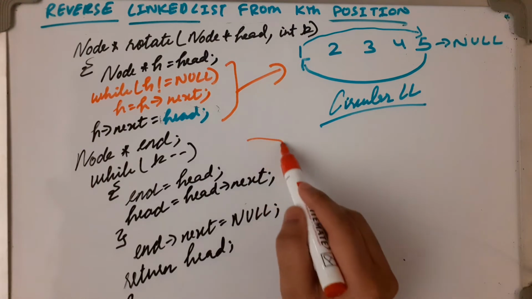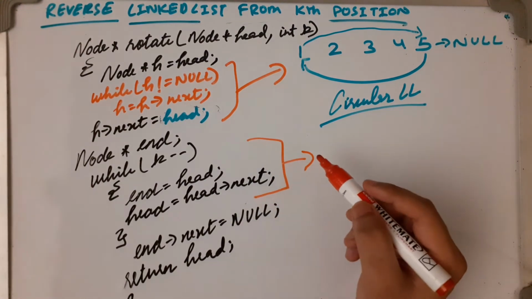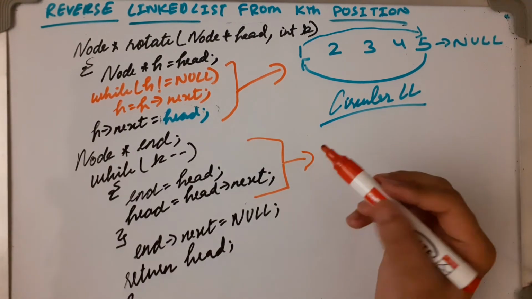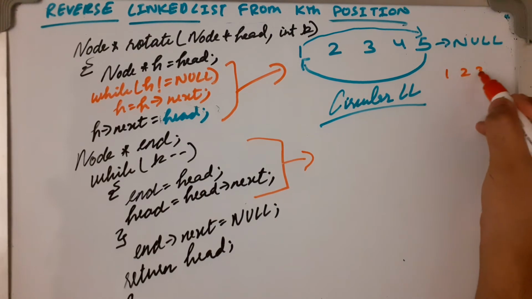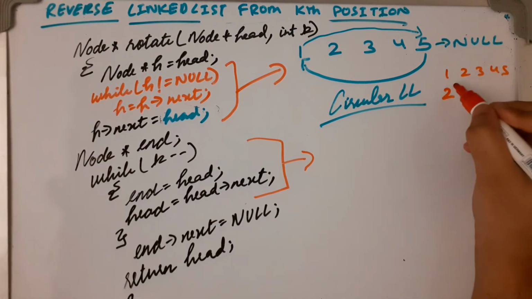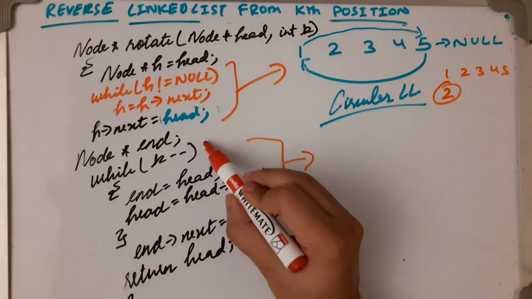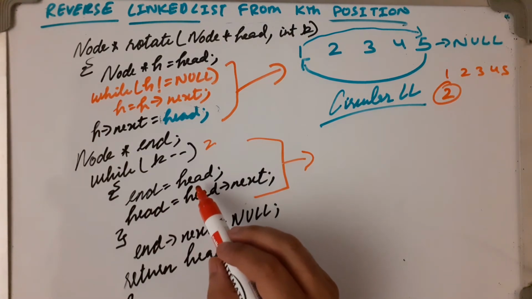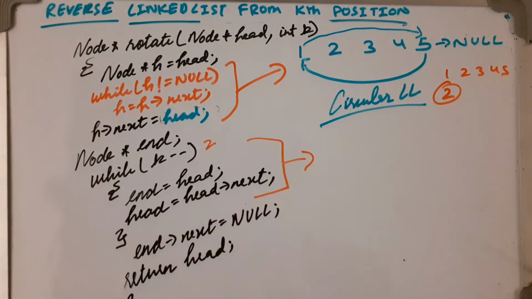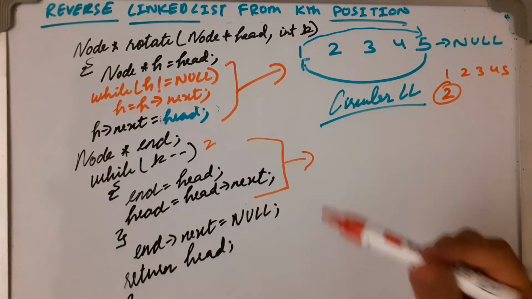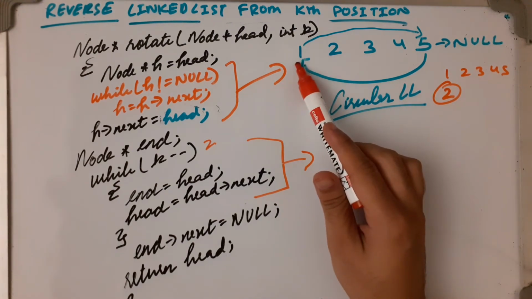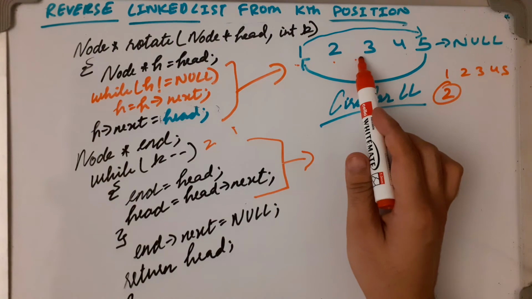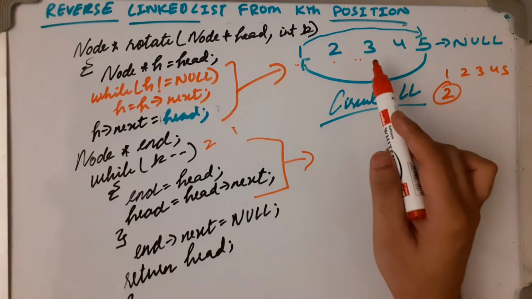Now you are getting till here, this part is explained here. Now let me show you what it is doing. It is traversing the linked list. Let us take the same example, 1 2 3 4 and 5, and k equals 2. For k, it does n equals to head, and head equals to head of next. Where is our pointer? It is in the first element first. When it is 2 minus minus, that is the second element, then it is in the third element, and it decrements again.